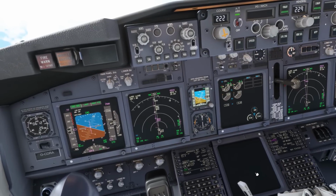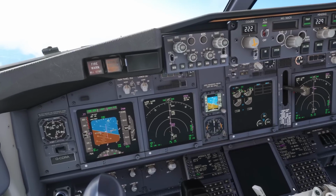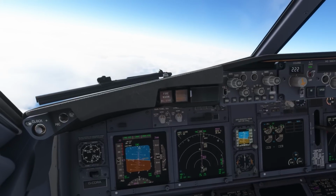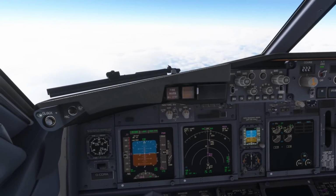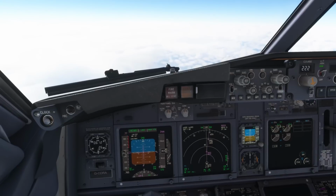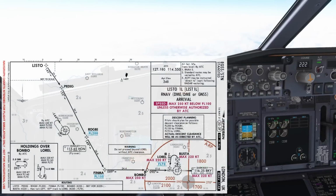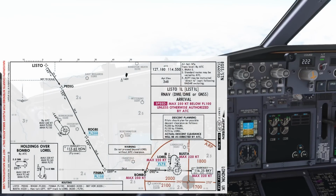Currently showing about 167 miles to run towards Stansted. We'll be reducing that distance in just a moment's time. There's FMC speed. So coming over waypoint Listo. As I say, that's the start of the arrival, the Listo 1 Lima arrival, which is what we've been cleared for. There's plate 30-2 Foxtrot, it's an RNAV star, taking us in towards Finma at flight level 150, so again